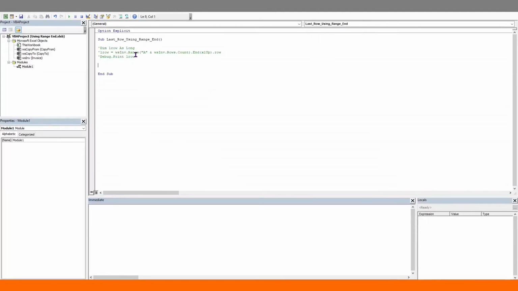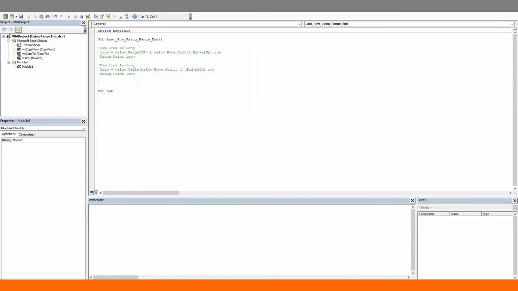Now, we can use the cells object instead of the range object to get the exact same result. Using cells instead of range is a good option if you want to make your code dynamic. Let's choose cells. So we're going to start from the bottom cell and Control up. We need to feed in the row index and the column index. For the row index, we will use our rows.count property, and we're looking in the first column, and the rest of it is the same as above. And Excel up dot row. Let's run this. We get row 12, which is the correct answer.